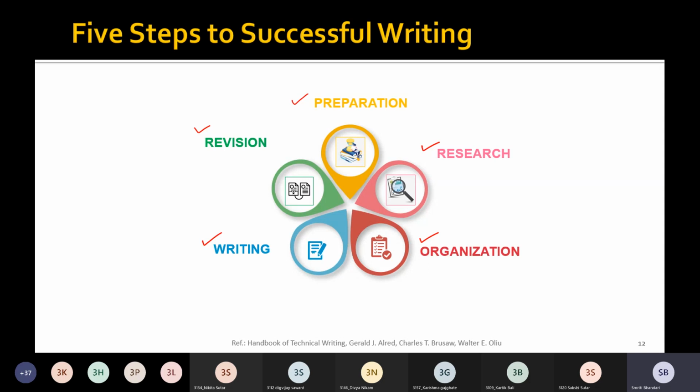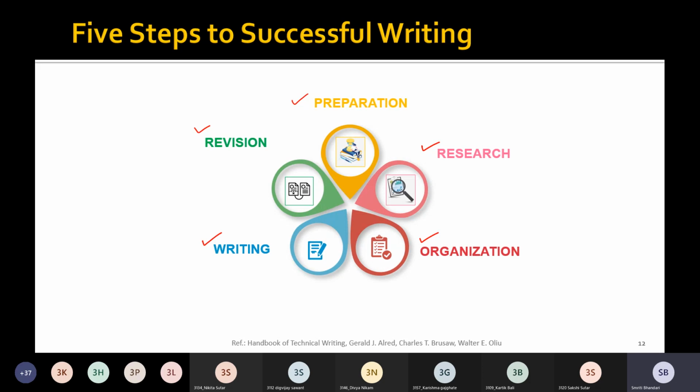For example, we have discussed the end user instructions or manuals, technical reports, feasibility studies, policies and procedures documents, business plans, white papers, research documents, and so on. So, whatever may be the type of task that you are undertaking, you need to follow these steps, but the time required may differ depending on the task, right?